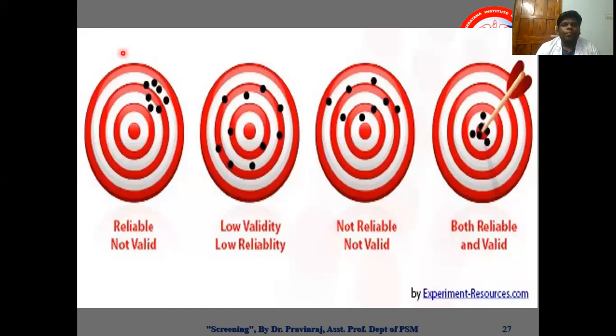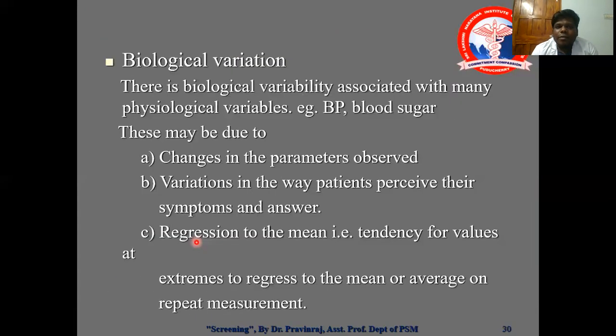For example, here you see a board where they have thrown arrows. Let us take this as arrow 1, arrow 2, arrow 3, arrow 4, arrow 5, arrow 6, arrow 7. This is our target actually, but it is not hitting the target. It has gone somewhere far away, but however many times you throw the arrow, the result is consistent. It is only coming in this area. It is giving a consistent result. So this is having repeatability. It is not having validity. Why? Because validity is